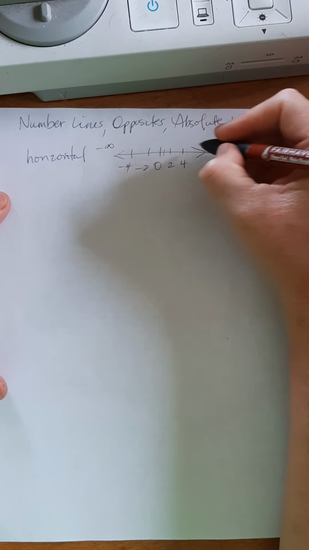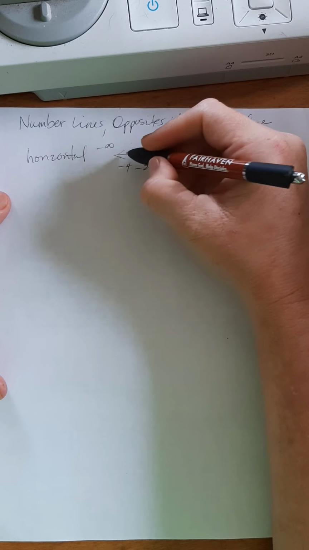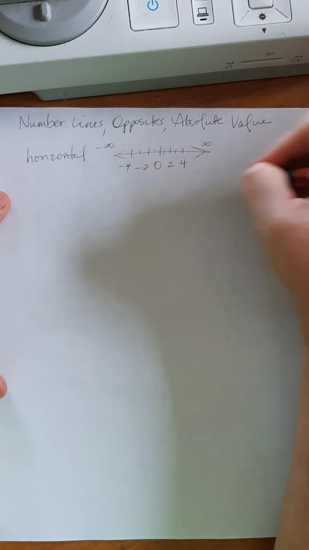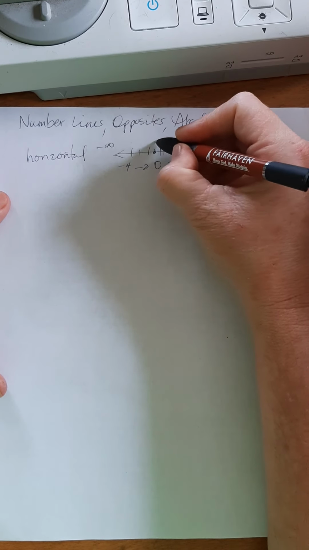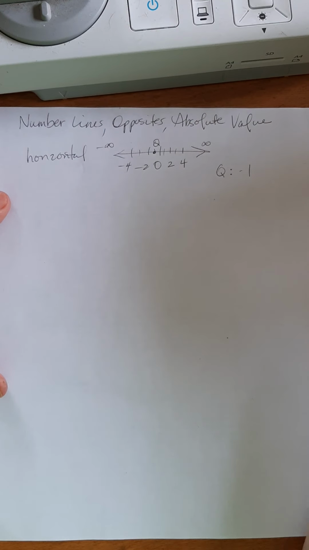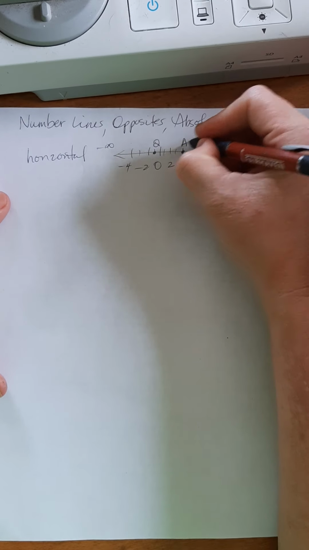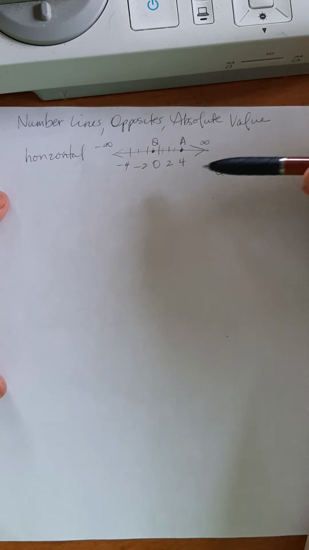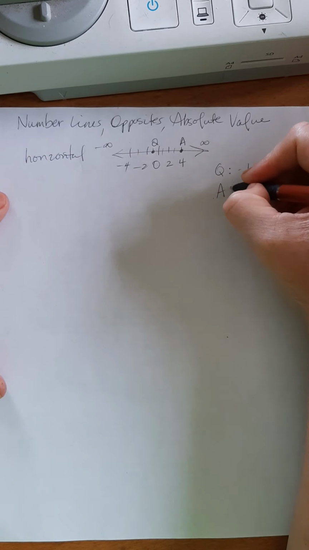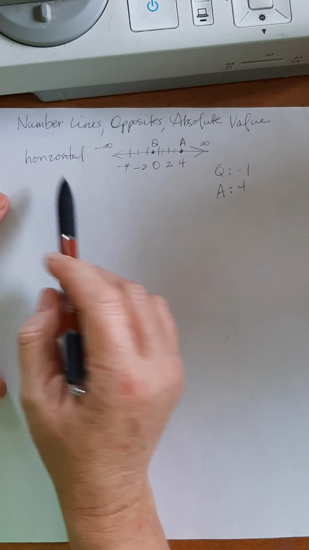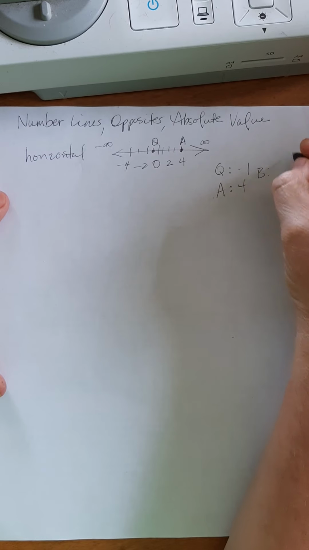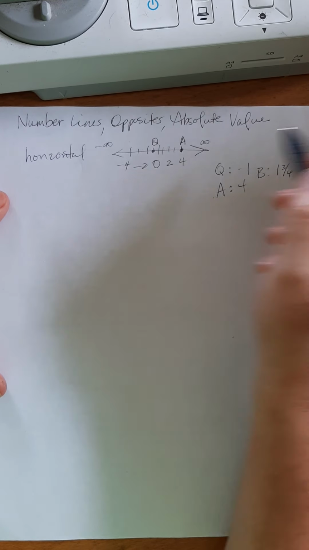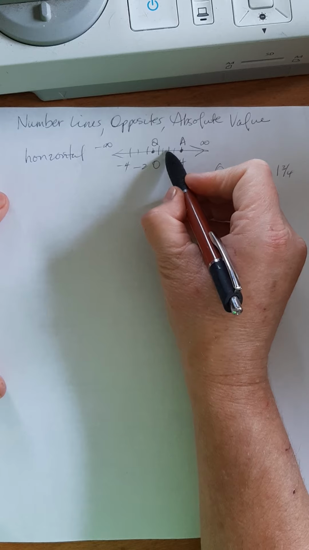Now, you can have them as far as every other one, or like if you wanted to label point Q and it's at -1, you could just do your dot and put a Q. Or if I put a dot here and said, what is point A? 4. So you can label numbers on the number line. You could even do fractions, like, let's say 1 3/4, 1 and almost to 2,